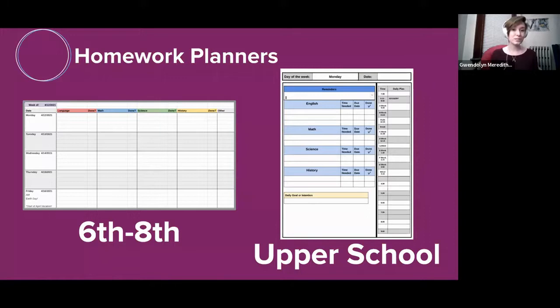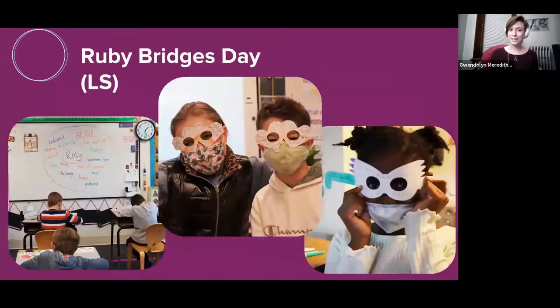Then at the upper school, they have this homework planner where at the end of the day, they get to touch base with their teacher and take a look and write down all their materials there. They also have a schedule that they can utilize independently and track their goals as well. So showing there, you can see how the upper school homework planner looks very different than the BR2 homework planner. Just trying to make sure that we keep students in this space where they're supported, but they can also grow.